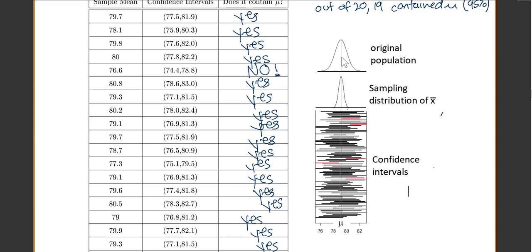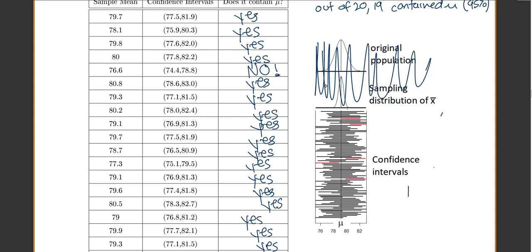I drew a sketch here of our original population. You can see how it's pretty wide. Actually, scratch that. I just realized my scale was off, and I think I realized that before, but I didn't actually update it. So we'll ignore that part, but we can still look at our confidence intervals because that's still correct. So you can see here my population mean mu of 79.14 is this line right here.